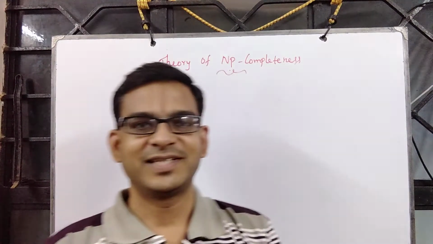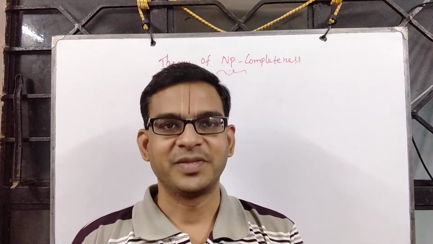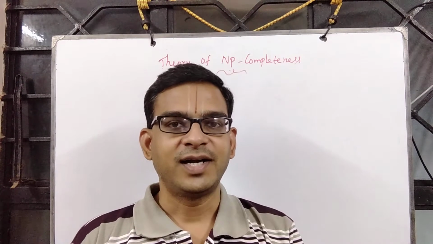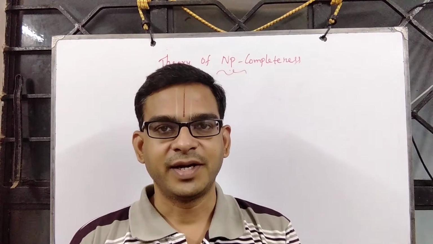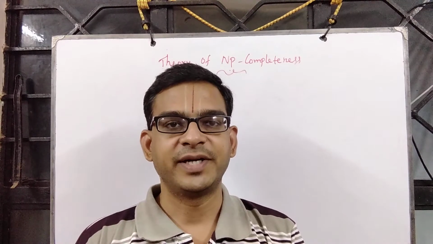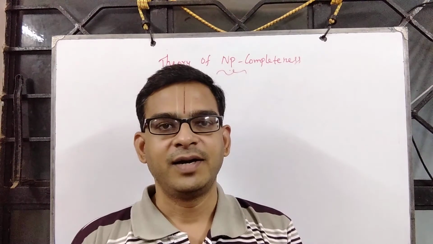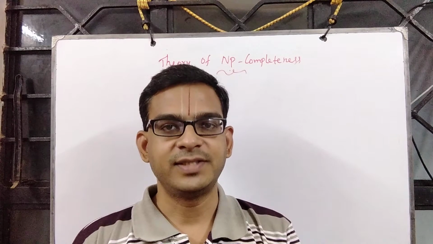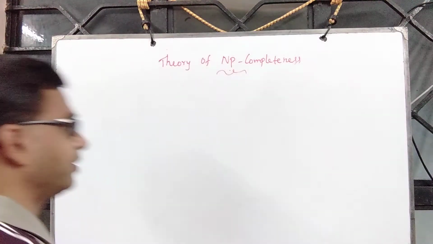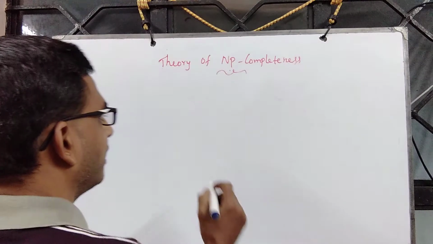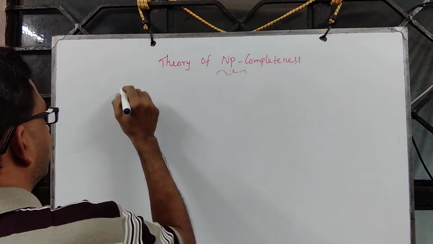We'll continue our discussion on polynomial time reduction. We saw how to reduce in polynomial time the clique problem to the independent set problem, and we saw that reduction extensively. There are a couple of insights that we would like to highlight. Let's look at those.